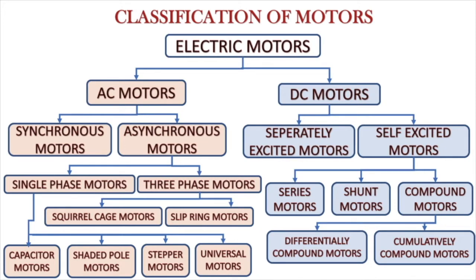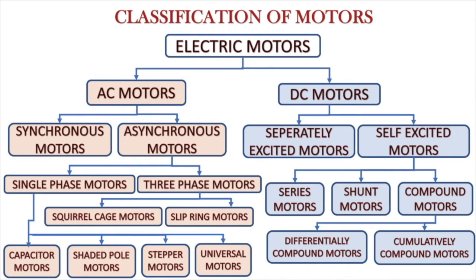What is a synchronous motor or what does it mean? Basically, the speed at which the motor runs is defined by the speed of the field, which is dependent on the supply frequency and the number of poles. So, if the machine is running at the synchronous speed, then it is known as synchronous motor, and if the motor is running somewhere below the synchronous speed, it is known as the asynchronous motor.